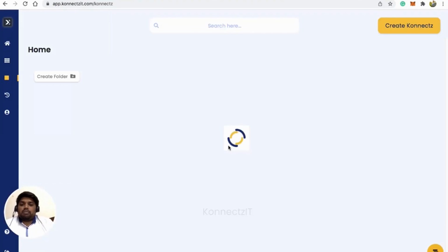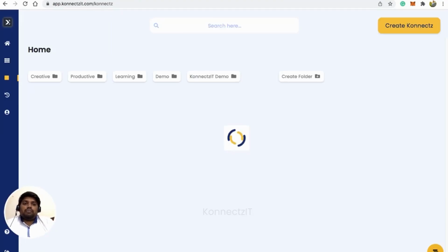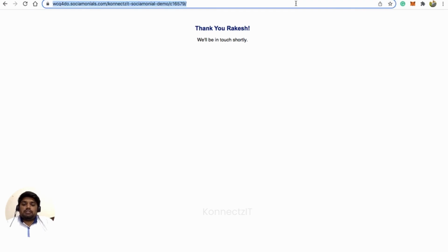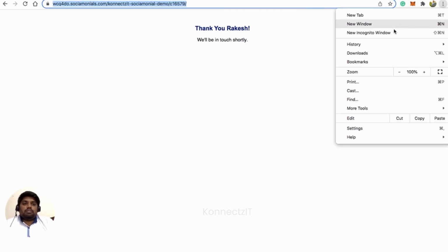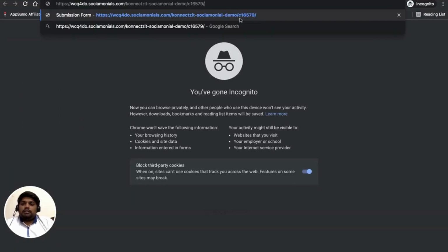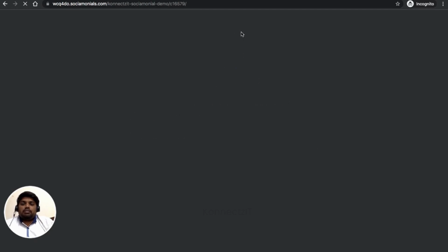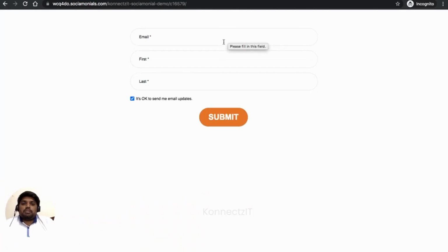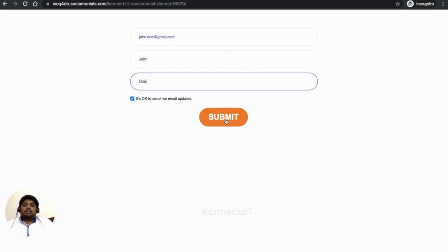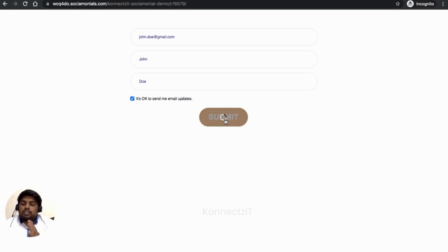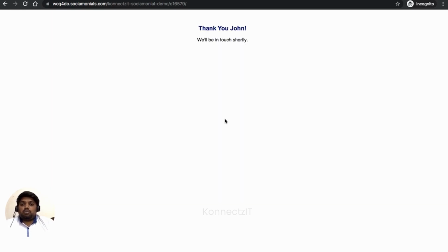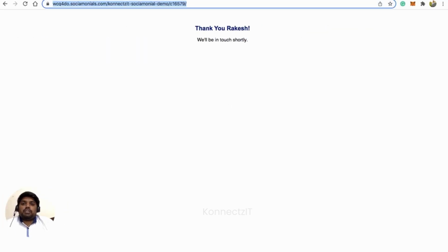So my connect is published successfully. Now I will fill in the form. I'll copy this link and possibly open it in incognito mode, just to avoid duplicates. I'm going to submit the form again in Sociamonials. As per our connect, automatically everything will be taken. So I'm just going to fill it in and click on submit. Whenever a new entry is submitted inside Sociamonials, now as per our connect,